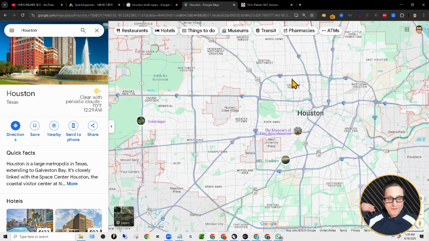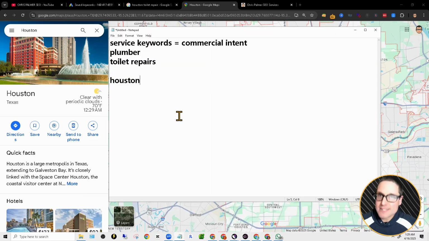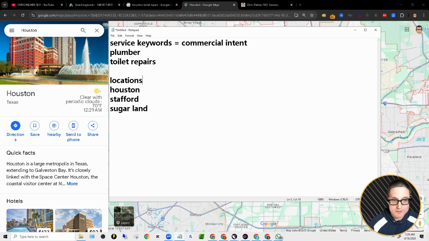All right. With that being said, once you identify each of the areas you want to target, you will make a list of your potential target markets. For instance, we'll do Stafford and we'll do one more, Sugar Land, just as an example. All right. Now, what these are called are obviously your locations. Okay. So you have your service keywords, you have location key terms, right? So far, making a ton of sense. But now let's talk about